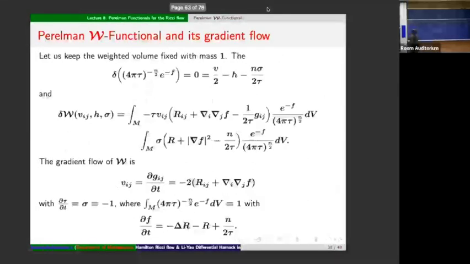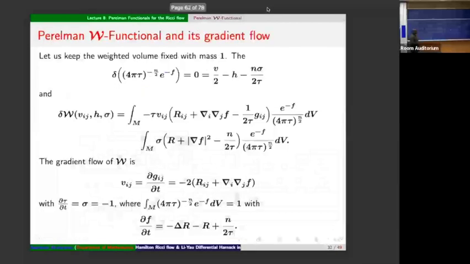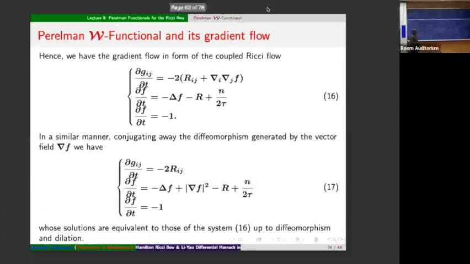From here, we can define the energy functional. To do that, we need to get rid of this term, V over 2 minus H minus n sigma over 2 tau. To get rid of that means that this weighted measure here has to be fixed, and fixing that implies that this is equal to 0. Using the same approach, we see that V is a gradient flow of this, together with F satisfying this factor. So under that, we now have this as a gradient flow,